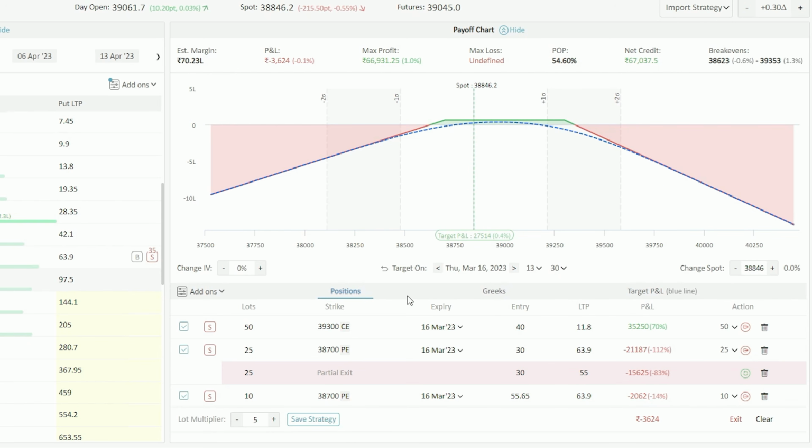Now you can also make some modifications. Let's say, what happens if the IV increases by 20%? You can just check that also. If IV is increasing by 20% and the market actually falls, then I'm actually going to go to a loss. So this way you can try out changing the IV, and you can try out changing the timing